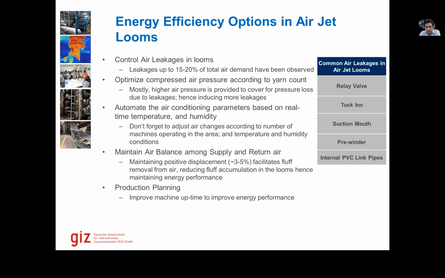So improving machine uptime. How can we improve the machine uptime, how can we reduce the yarn breakage, for example, reducing fluff accumulation in the machines. These are some of the points which we can look up in the weaving section as well. So pretty similar to spinning. The whole process is electricity dependent, except for the sizing process where we need some steam, some hot water, and some of the chemicals.